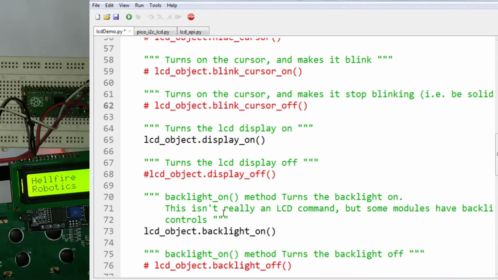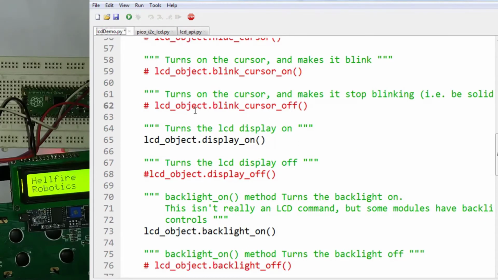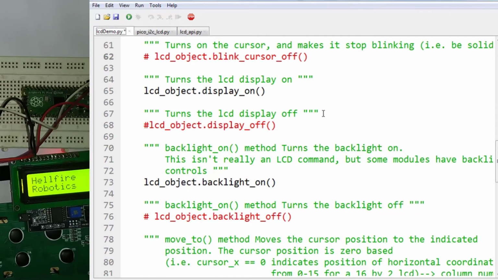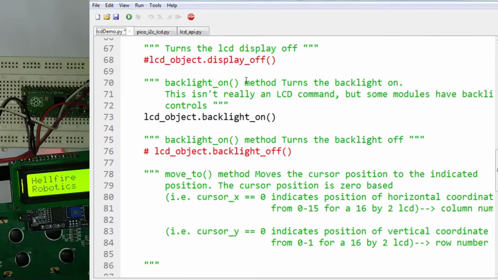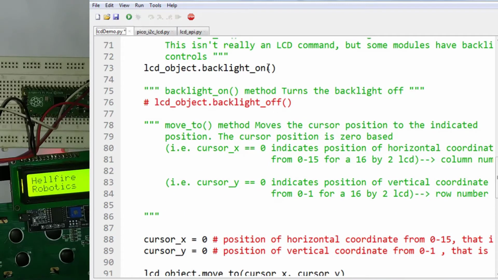Those in the red are not being used in the program, but I am telling you explicitly so that you do not have to go to the API to look for it. If you want to use it, you can uncomment it and use it in your program. If you do not want to use it, you can totally delete it. So these are for displays. If you want to turn on or off the backlight of the LED, this yellow backlight, you can use this function on the LCD object, dot backlight on or backlight off. Since we want the LCD to have the backlight on, I am using this function.